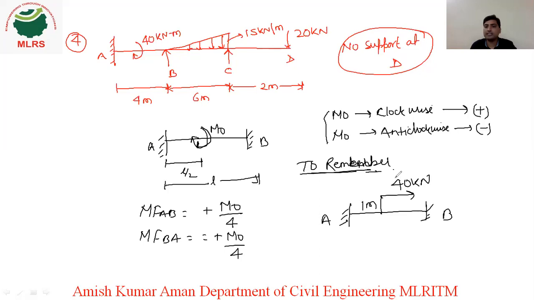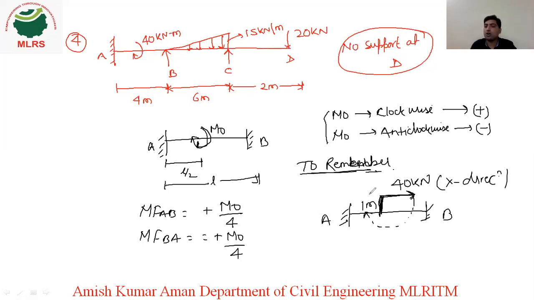Now if you see this, what does it mean? A force of 40 kilonewton? No, this force is acting in X direction, and we know we solve the beam for Y direction loads only, that is vertical loads. This is a horizontal load, which means due to this load, there will be a moment developed on this span. That moment will be the 40 kilonewton force into distance, 40 into 1, that is 40 kilonewton meter of moment developed here. And what direction?